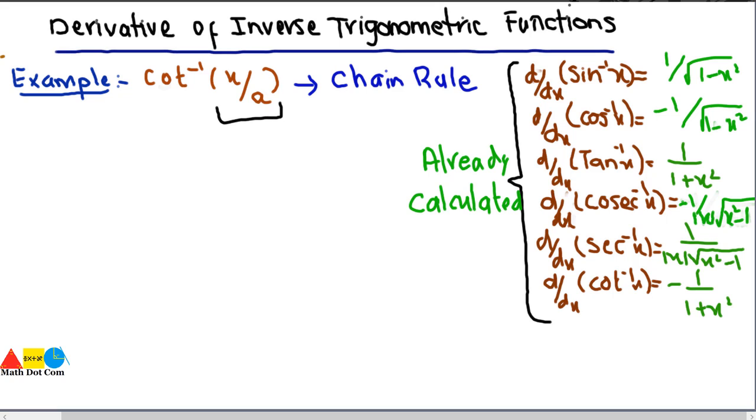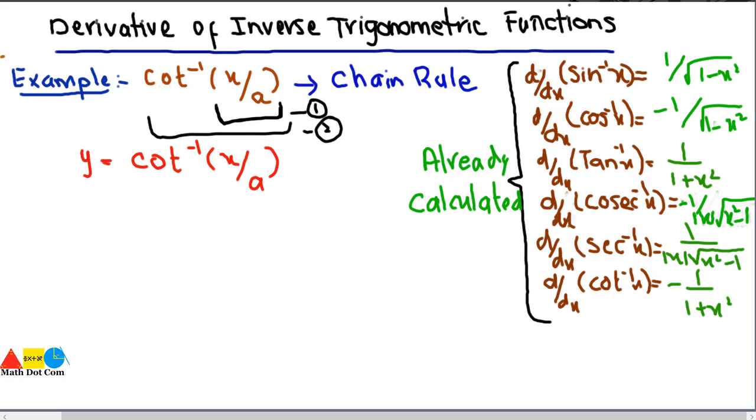Here we have another function. One function is this and another function is this. So we have two functions here. When there are two functions and they are in composite form, then you have to use the chain rule. But we also have a shortcut, other than the chain rule, to find the derivative. So we will learn today how you can find the derivative of inverse trigonometric functions without using the chain rule. So we will start with the function y equals cot inverse of